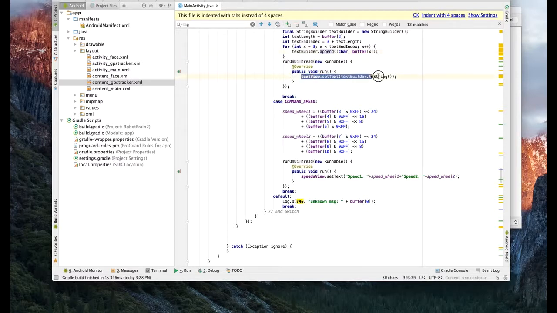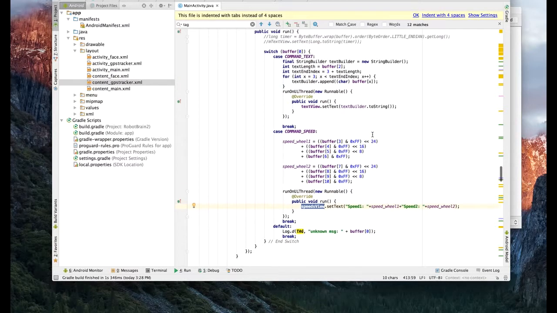Here, basically these are the run functions that post what we've got out to a particular variable that appears in the XML for the Android application. So in this case, we're posting it to a text view variable, and here we're posting it to a speed view variable. So that's basically the key part of this Android application code,